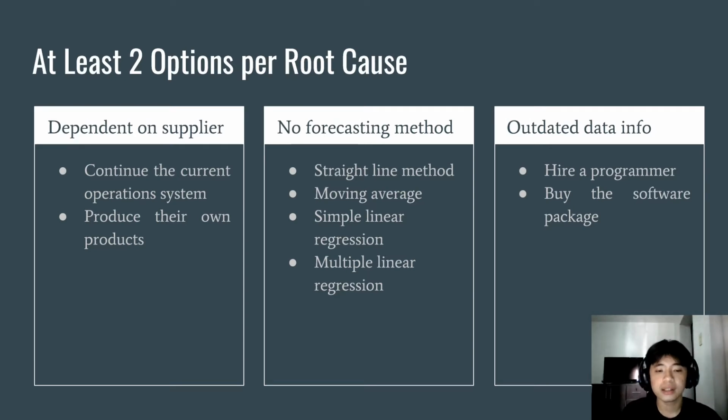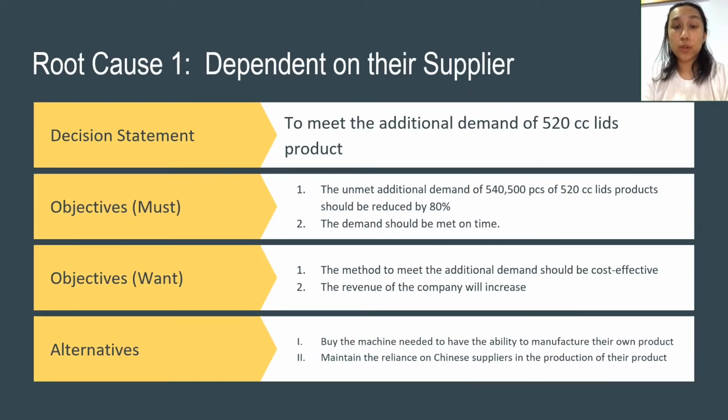Lastly, the third root cause is the inaccurate data because the database is outdated. With this, they have the option to hire a skilled programmer that knows how to use MS Access or to buy the database software package. For root cause 1, dependent on their supplier, the decision statement is to meet the additional demand